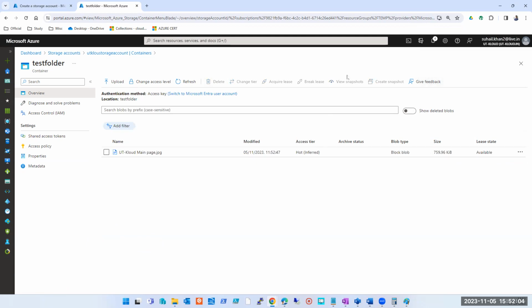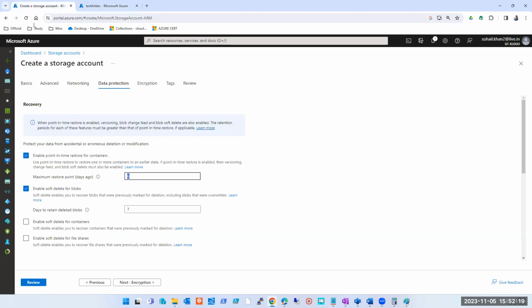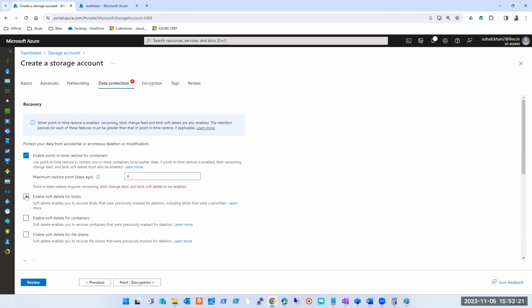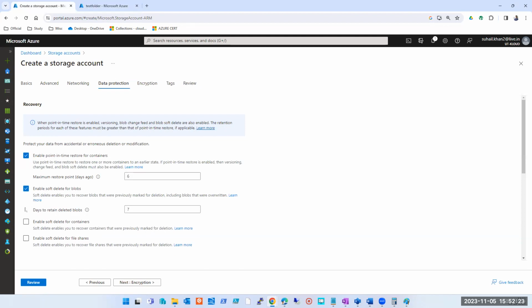Why? Because on this storage account, I have not enabled soft delete. If I had soft delete enabled and I click here on show deleted items, it would come back here and I would have an option to restore. So if I want that option, I will enable this soft delete. For how many days do you want me to keep the data?